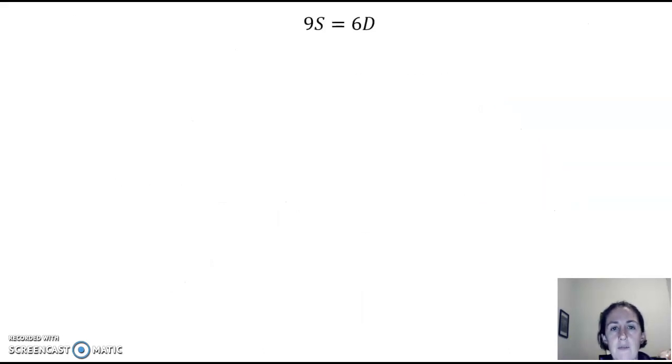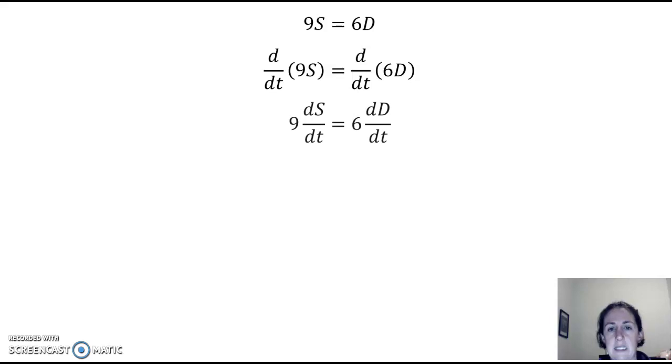So I'll take the derivative with respect to time of both sides. The derivative of 9s with respect to t will be 9 ds/dt. And the derivative of 6d with respect to t will be 6 dd/dt. And we're looking for the rate at which the shadow is changing, so I'll divide both sides by 9, and